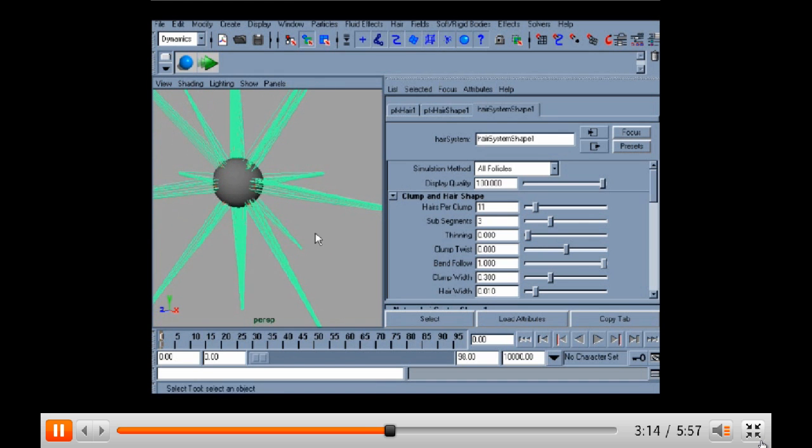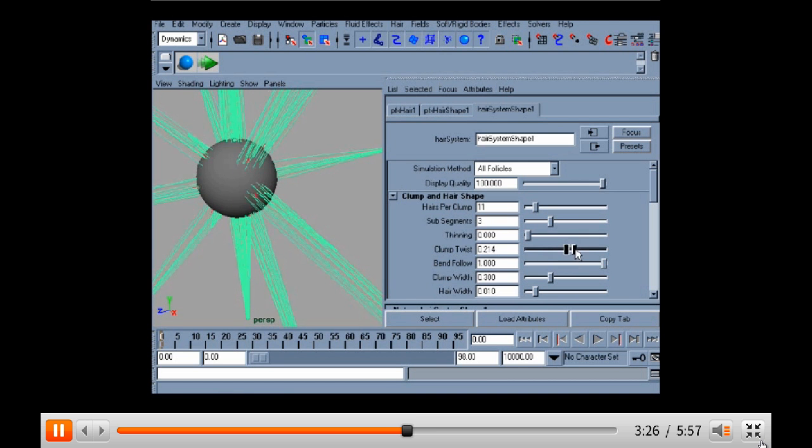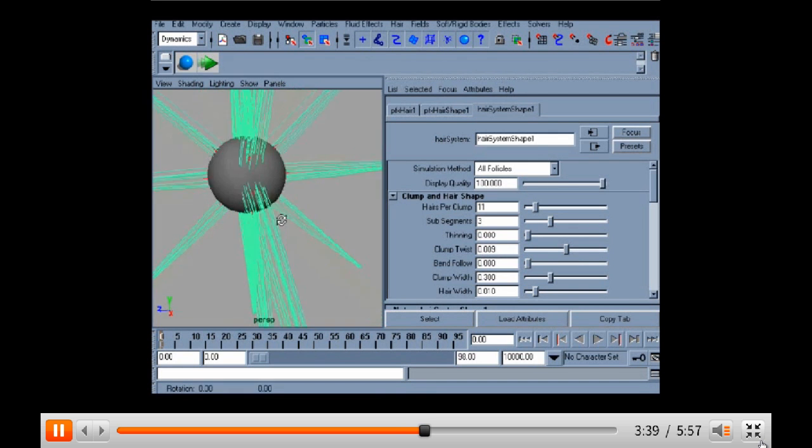Alright, then you've got just your standard clump twist, your bend, and your width of the clump and width of the hair. You're going to need to adjust some of these to get good coverage over your head or sphere or whatever you got going here. So twisting, we'll just twist each one of those clumps. So pretty standard. This bend follow,